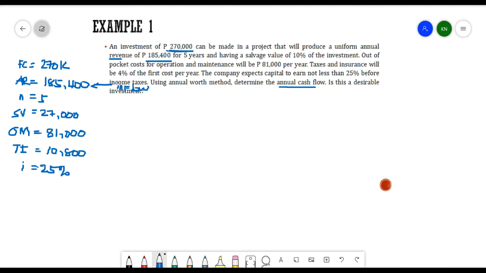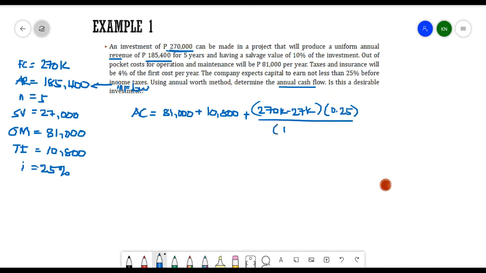So again, we have the cash outflow or the annual cost that is equivalent to the 81,000 for operation and maintenance, plus the taxes and insurance, which is 10,800, plus again the depreciation, which is FC, 270K minus 27K, multiplied by the interest rate, which is 0.25 divided by 1 plus 0.25 raised to 5 minus 1, plus